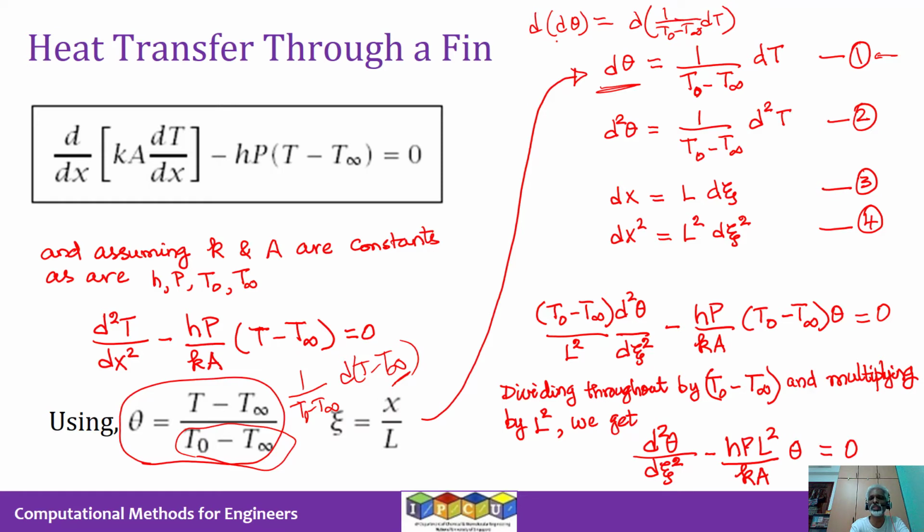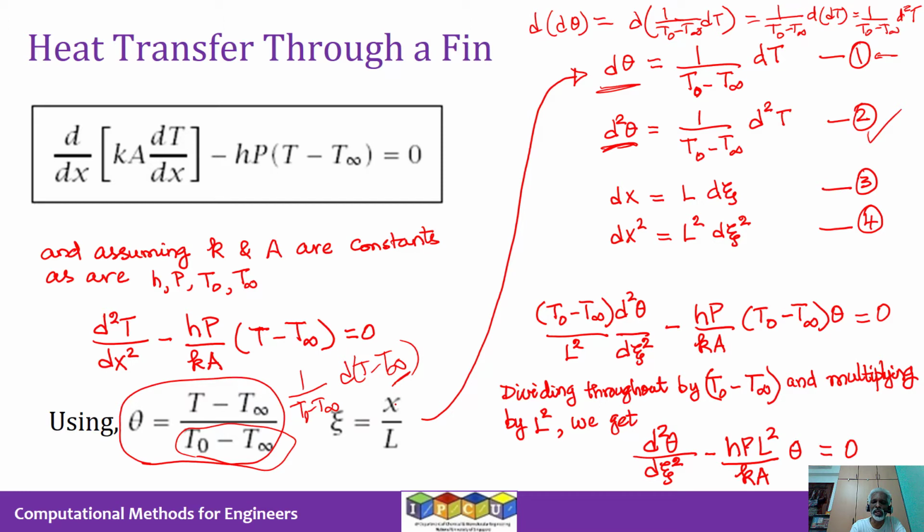So d of d theta becomes d2 theta. D of 1 by t naught minus t infinity dt will be 1 by t naught minus t infinity, because that's constant, times d of dt, which will become 1 by t naught minus t infinity d2t. So that is what you see as equation 2. Then if